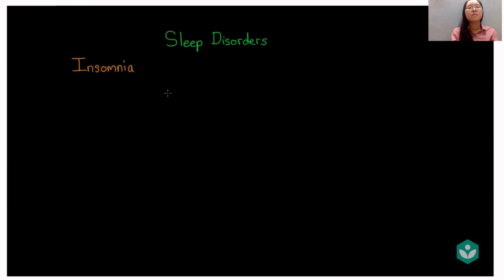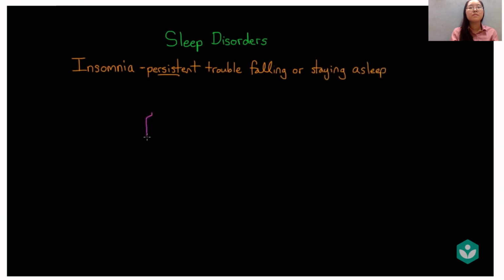Again, everyone has trouble falling asleep at some point, but people who have persistent problems in falling or staying asleep have a more serious sleep disorder called insomnia. There are various medications that can help people fall asleep, but taking them for too long can result in dependence and tolerance, which is if a person continues to rely on the medication, then their body will get used to it and they'll eventually need more and more to get the same effects.